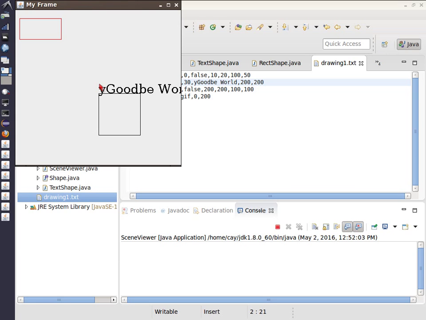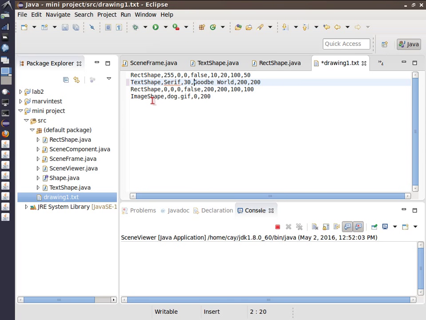Also notice that the sizes of these things can change. The W, for example, is quite a bit wider than an O, so it's not always easy to estimate how wide a font is. We don't care about that here because we're only supposed to do the top left positioning. But if you wanted to put the thing in a box, there's some sample code in the book that does that. Then you need to know exactly how to measure a string. All right,